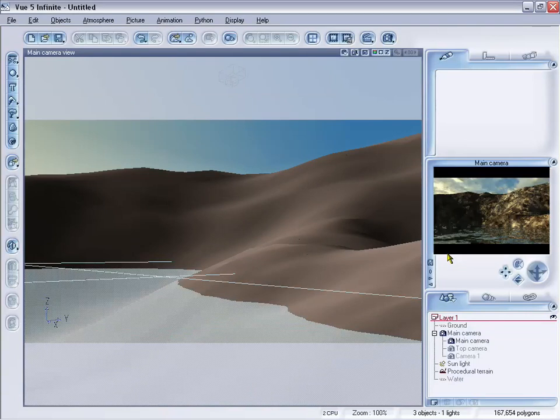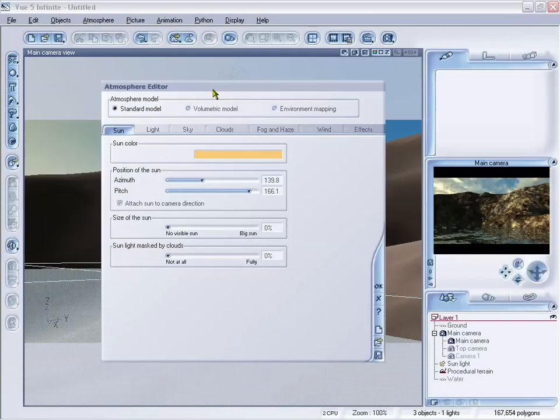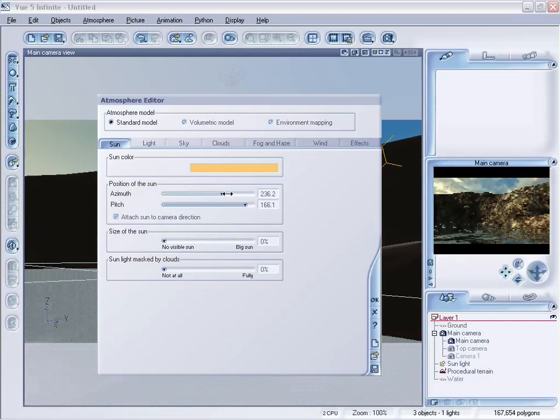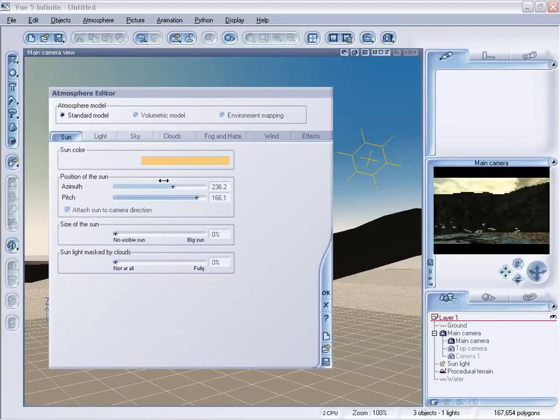And now we're going to actually go ahead and edit our sun. Okay, so we're going to hit F4 on the keyboard to open up our atmosphere editor. And under sun, we're going to use these sliders to rotate the camera around. And we can take a look at the preview and see an update of what's going on with the light